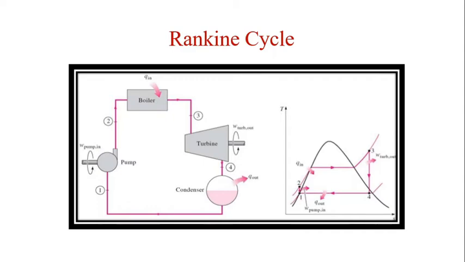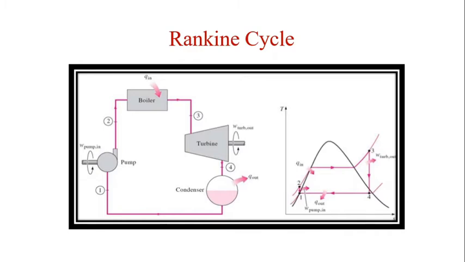The core components of a steam power plant are the boiler, turbine, condenser, feed water pump and the generator. The ideal cycle consists of the following four processes. First, process 1 to 2: the working fluid is pumped from low to high pressure. As the fluid is a liquid at this stage, the pump requires little input energy.